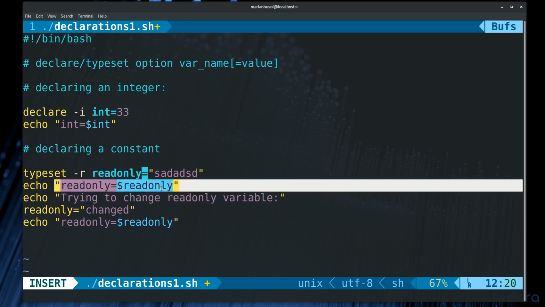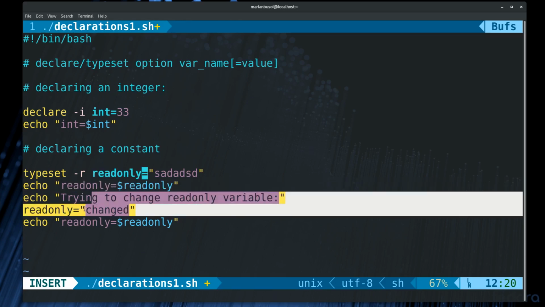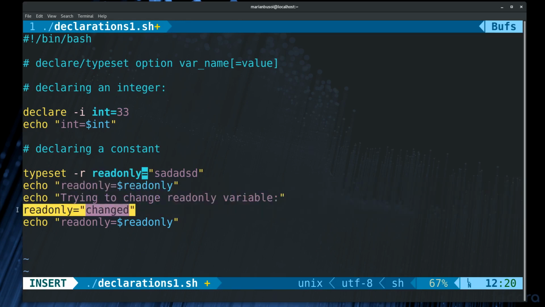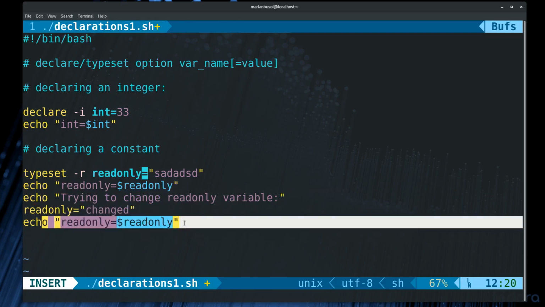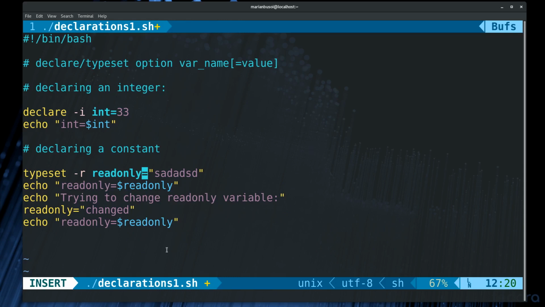And then I'm just echoing the value of this constant, and then I'm trying to change the constant here. Read only equals changed, and I'm trying to echo the contents again to see what happens. So this is my first script. I'm just gonna exit it and